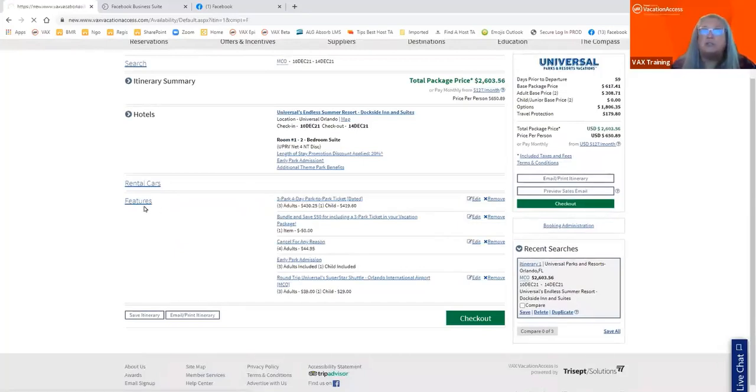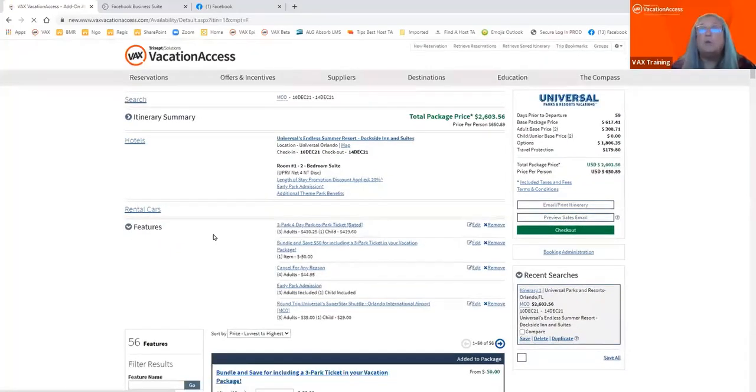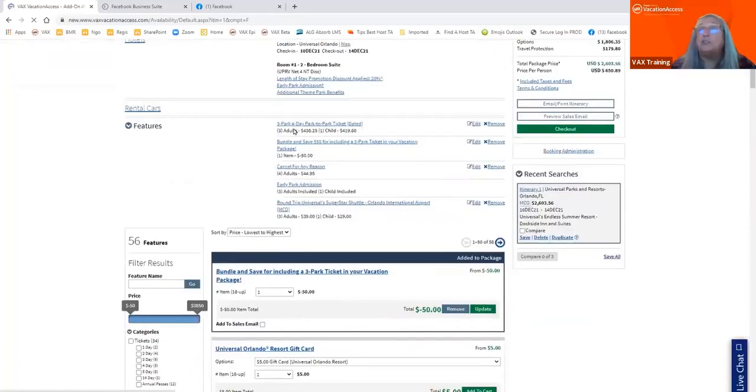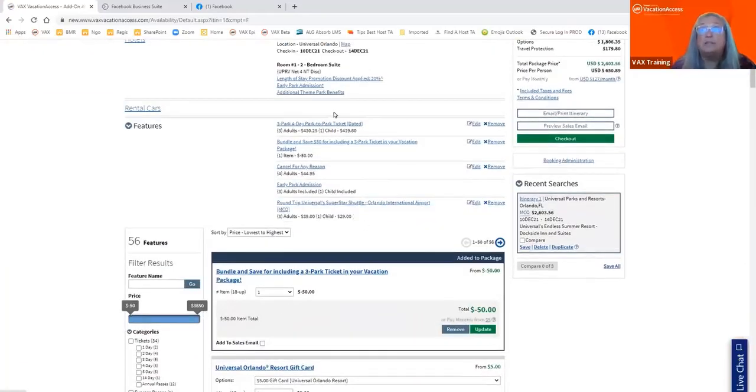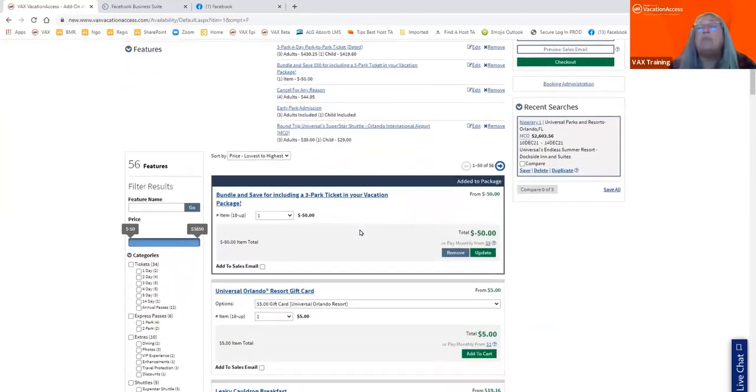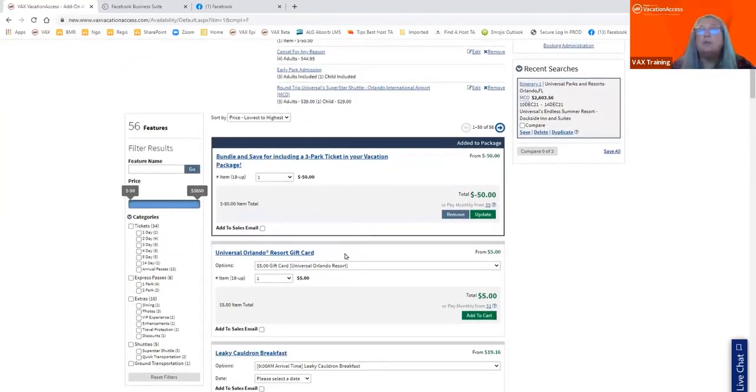But with features, first of all, I think it's good to make sure you're looking at what features are included to make sure that they are all what you want and what your client is going to need. And then from here, you can select up to 6 profiles as well.